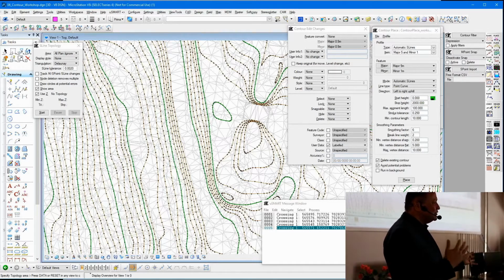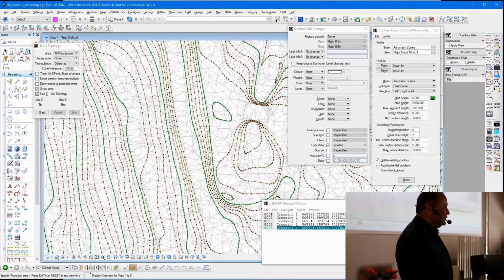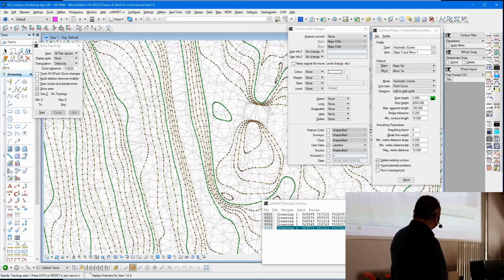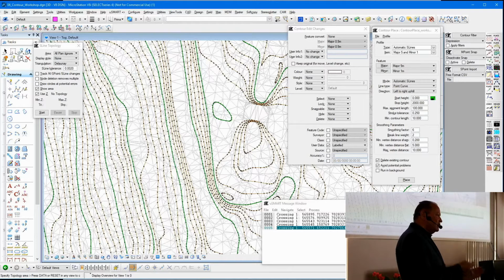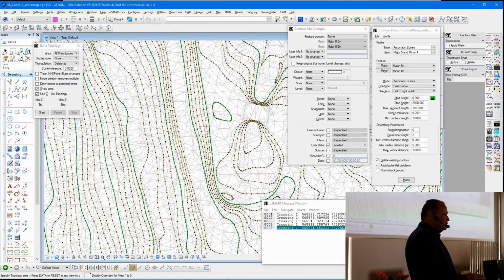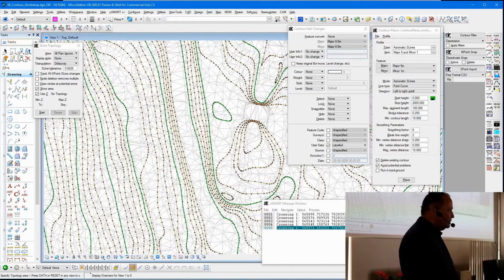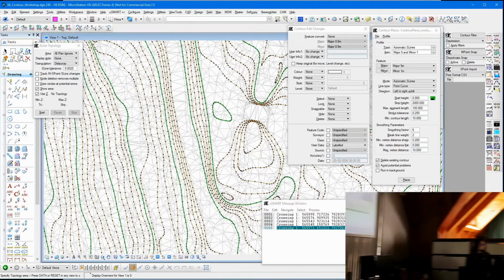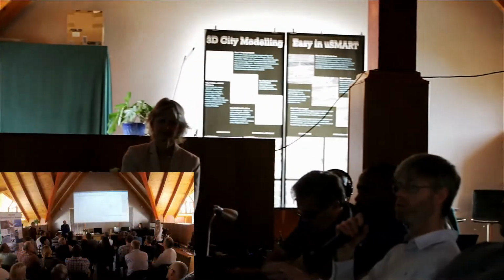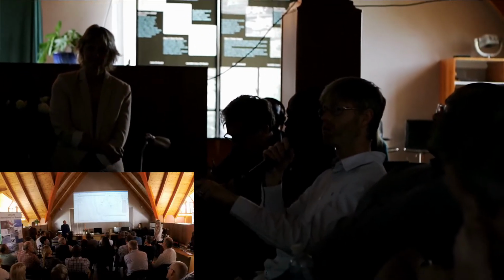Okay, so it depends on how you're going to deal with it. If you start putting in smoothing factors, then the nodes and the actual triangles won't match, because it has to pull it, and it's going to pull it. Okay, so if I go back to the process of editing a contour,